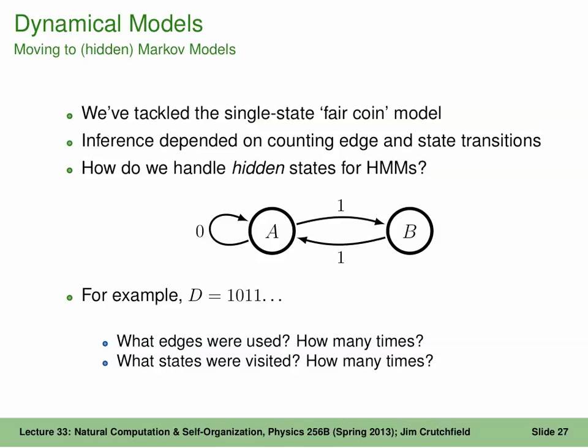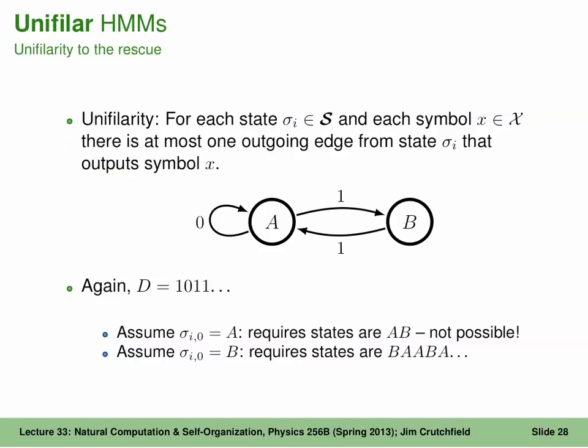And so the basic idea here is we assume this particular structure. We have some data that starts with this particular series of symbols. What edges were used, how many times, what states were visited, how many times. So really, really simple. Unifilarity saves us, because we can then just test this out and say, well, okay, if we assume that